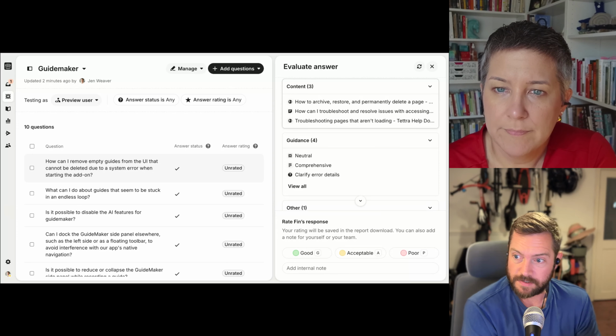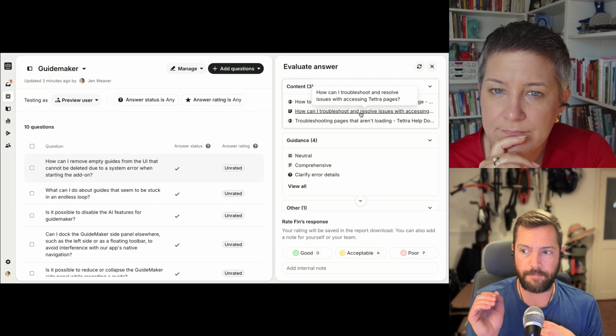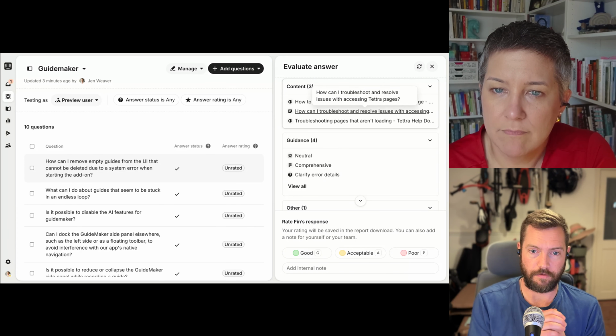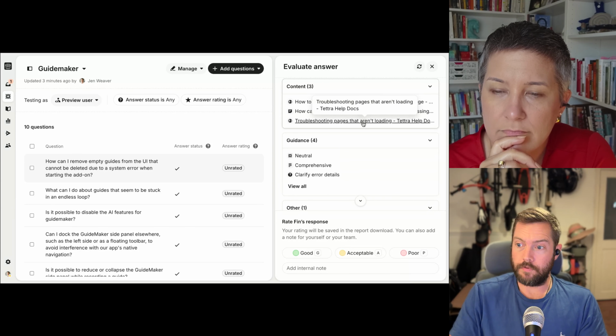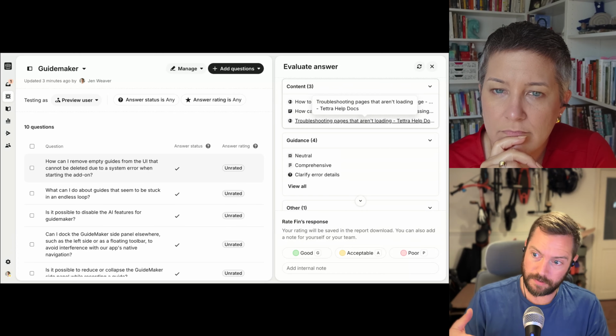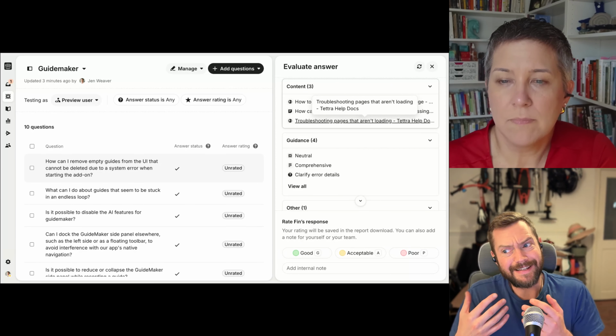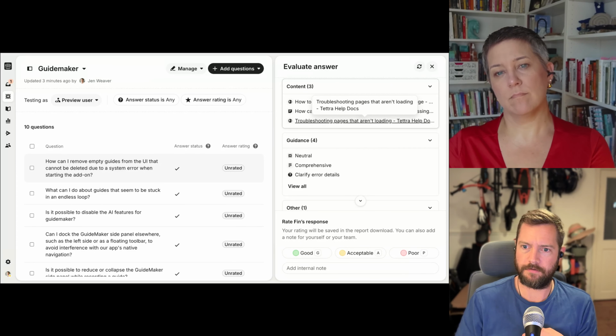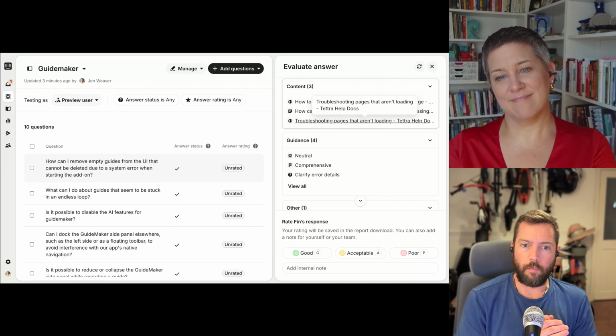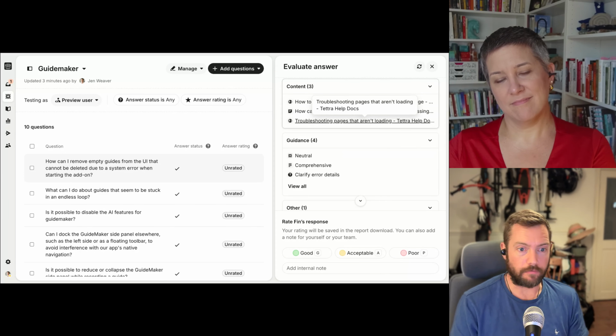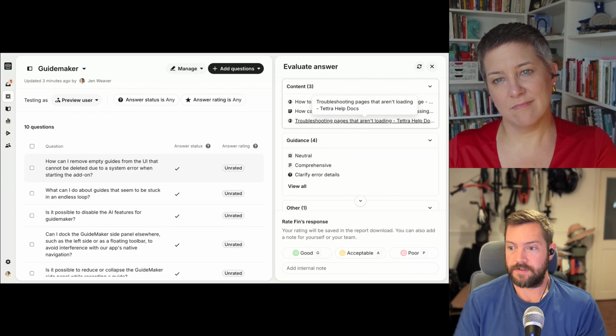Their content snippets is the middle one, and then help articles are the first and third. And so you can review this and then decide, is this a good answer? Is it an acceptable answer? Is it a poor answer? And then when you are happy and you've reviewed all of these, you can then filter and say okay, let's